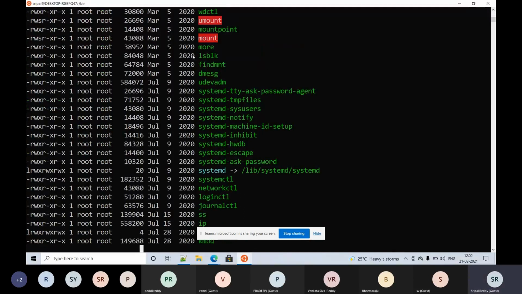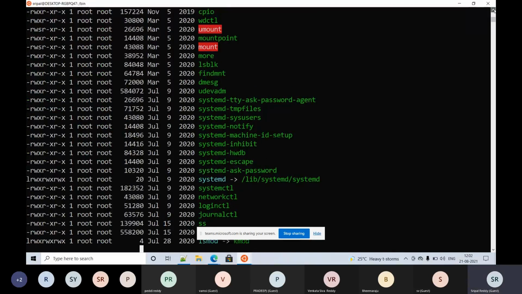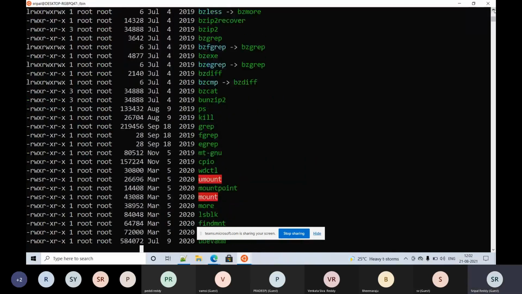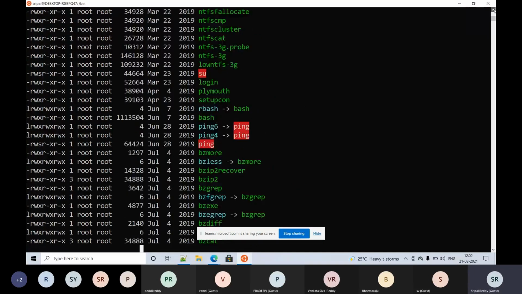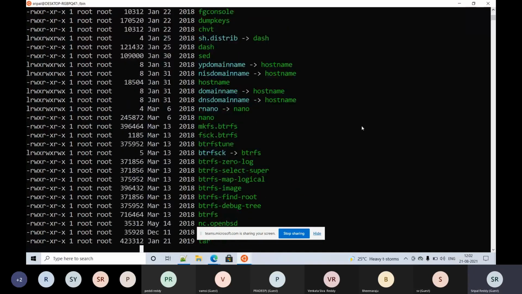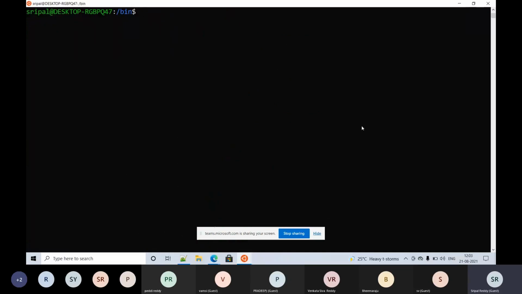More, you could see this, and these are system commands which we will not be using. You could see grep, ps. Every command that we use on Unix will be stored under the /bin directory, along with a few other files. Bin stands for binaries, right? All the programs, all the commands that we use are binaries of Unix, which are written here.